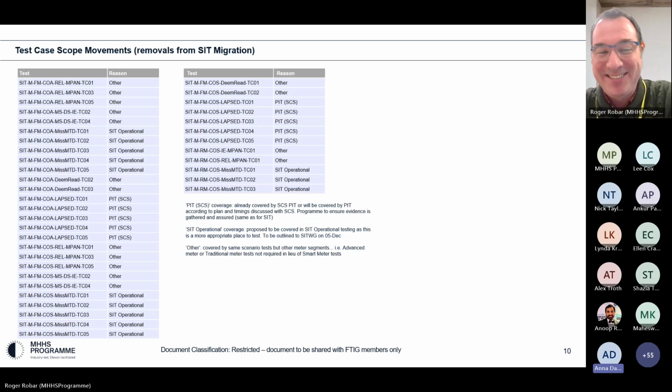Yeah, sorry, just to say that yes, St Clements has done a lot of these tests in PIT, but we are doing them again. So, for example, we've done risk-based testing rather than every single scenario of every single type. So we're now doing it to the scope of the program. A lot of this has already been tested, but we are doing it for the program specifically and taking the evidence as expected.